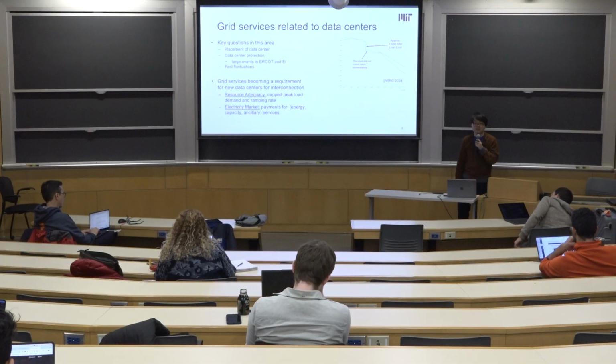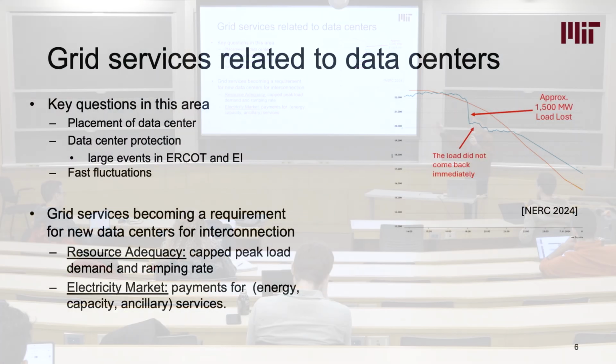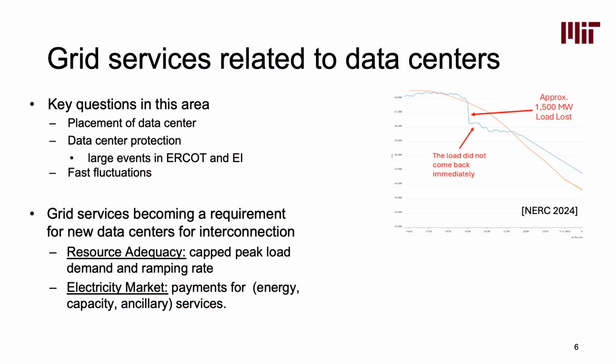In terms of grid services, I guess in general we can categorize them in three parts, and they are at different time granularities. The first, of course, is planning, which is 5 years or even 10 years ahead, like where you are going to place the new data centers. The second is the operation level, which is the fast time scales, which would be data center protections. Because like I mentioned, those loads are so fragile and very sensitive to the power quality they get from the grid.